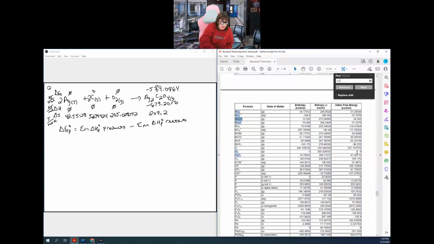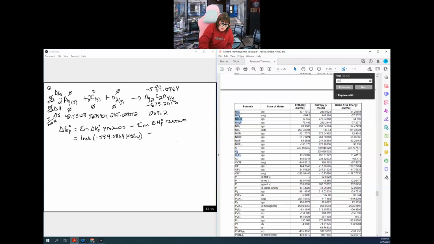Cool, that's awesome. So that's my equation. My delta G is right here, negative 584.0864. And I only have 1 mole of negative 584.0864. And again, that's kilojoules per mole,